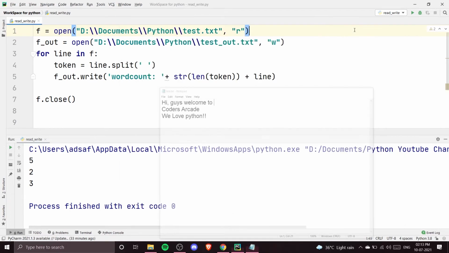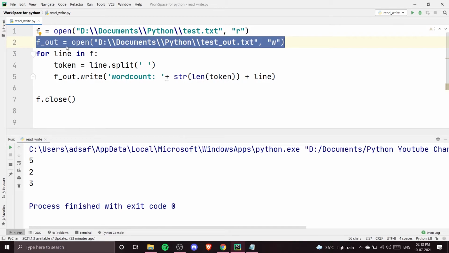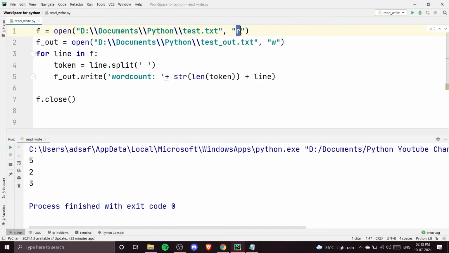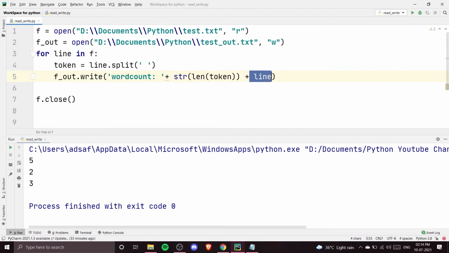We love Python. Then we have created our output file where we are going to store our output. We were just reading in this case, and now in the output file, we are in the write mode, so I have used W. Now we have used for, and then we have split the words, and then I have used len of token to concatenate with the string word count, and then I've printed the line.